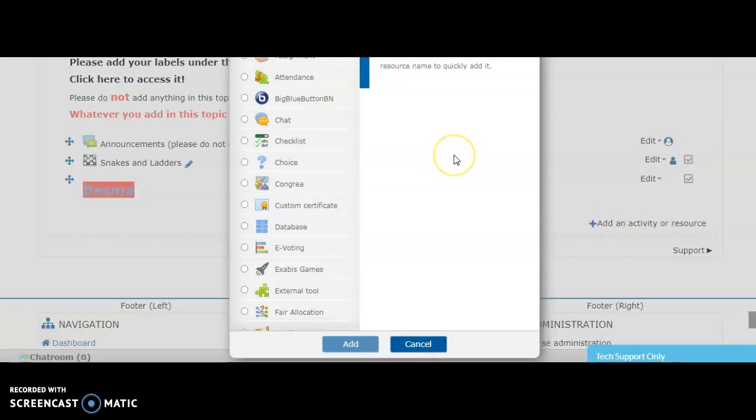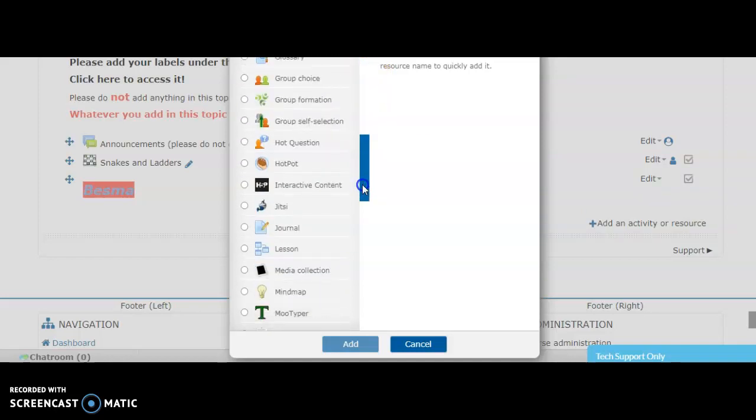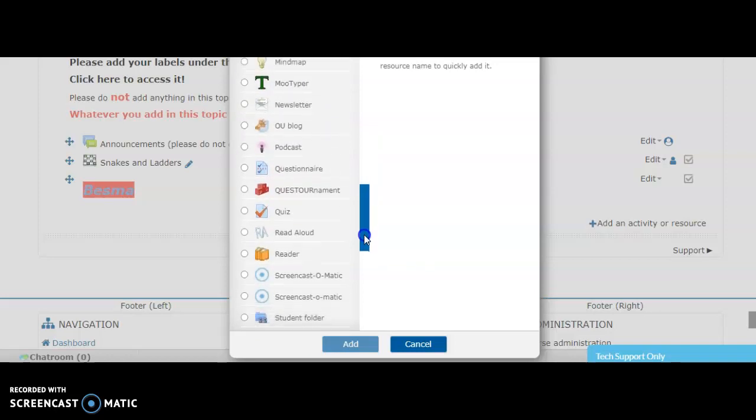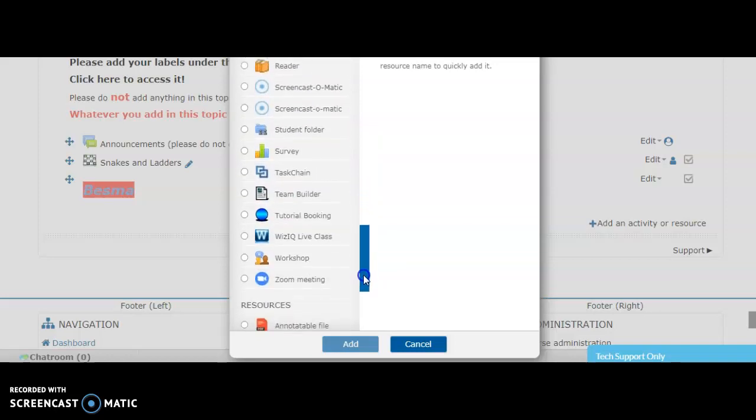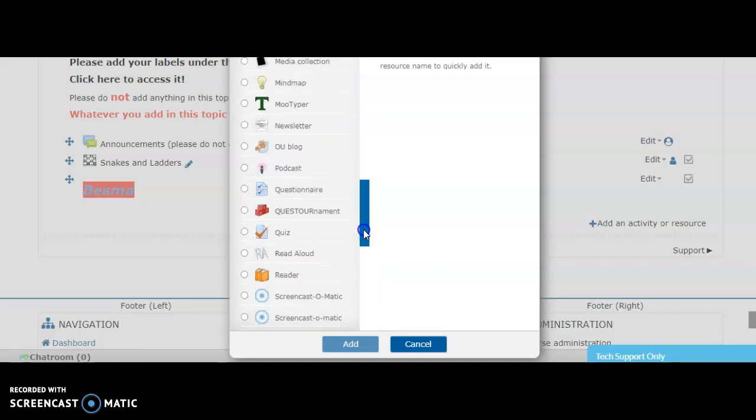You will see a list of activities available on Moodle. If you scroll down, you will find a large number of activities, in total 54, arranged in alphabetical order.